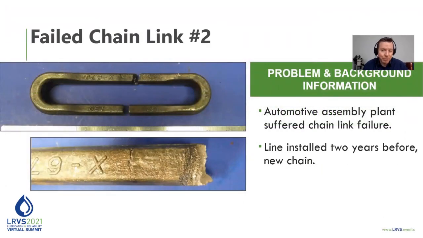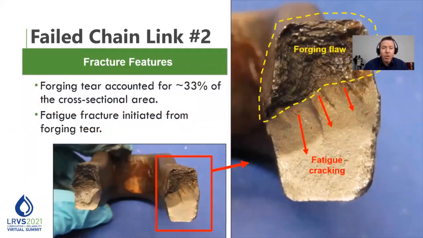Example number 2. Now this was another automotive assembly plant. This chain was a new chain and had been installed 2 years beforehand. Now, when we look at the fracture surface on this one, because again, the only way to be sure how something failed is by examining the part itself, we come back and yes, it is fatigue cracking, but